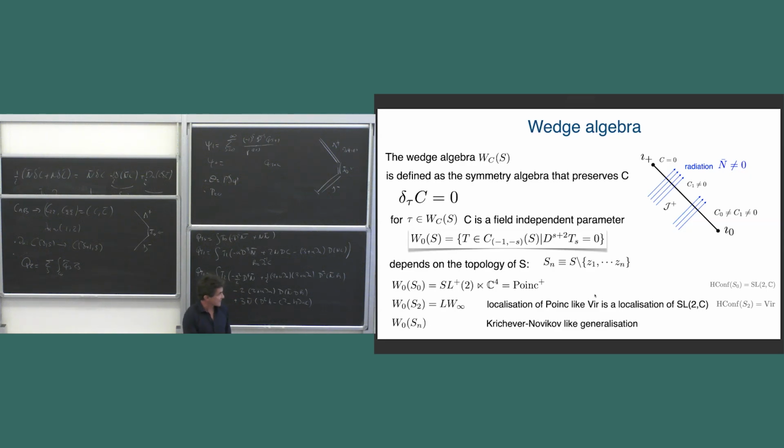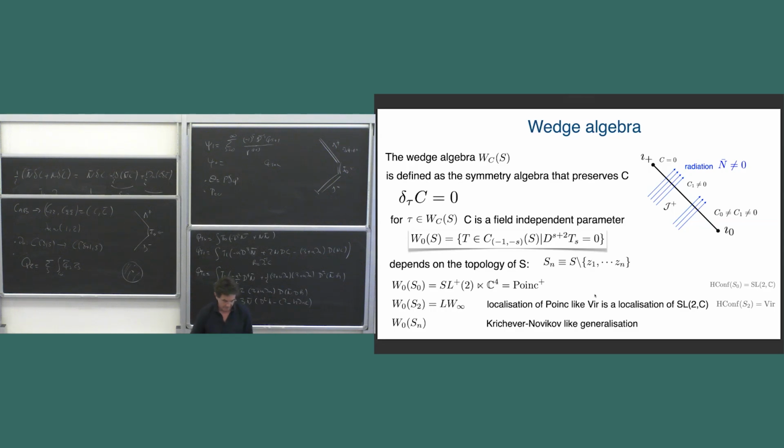And then if you go for Sn, well, you no longer have Virasoro. If you have 3 points, you have a generalization of Virasoro, which is called the Krichever-Novikov algebra, which people have studied. This is the algebra of symmetry of strings. And here you have the same thing. So it's not like there's one symmetry algebra. You see, the W infinity algebra depends on the structure. You can view the W infinity algebra as a local algebra around a puncture. You insert your particle here, and then this is the algebra that this particle has. And so that's all I had to say.